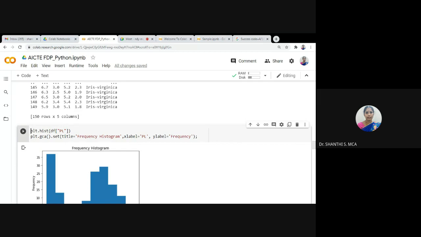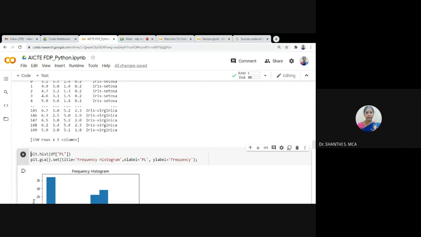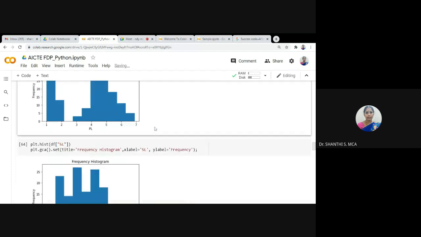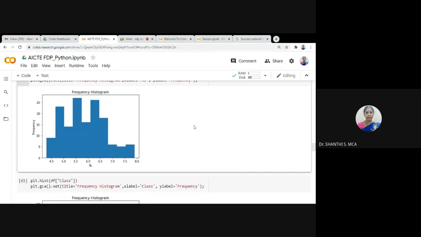Next, plot.gca().set: I want to set the title as frequency histogram, the X label as PL and the Y label as frequency. This will display the frequency histogram of this PL. This is the frequency histogram of SL, using the same Matplotlib.